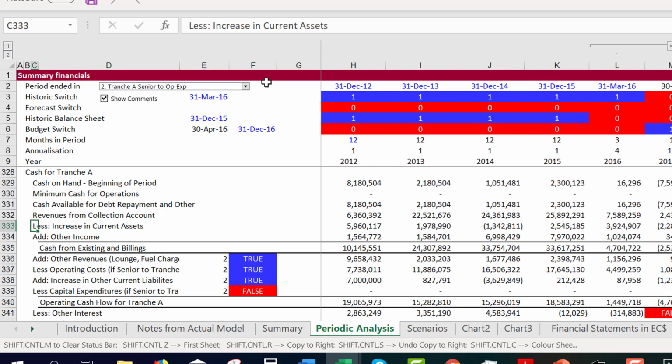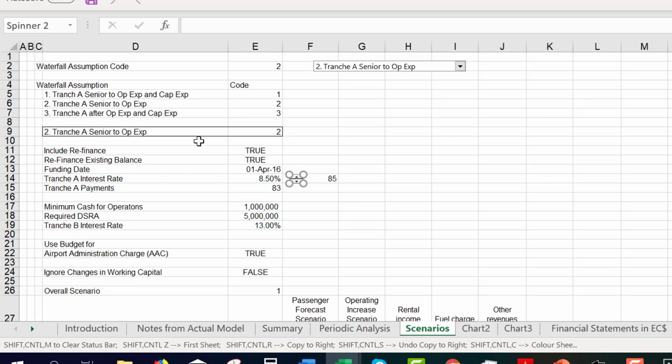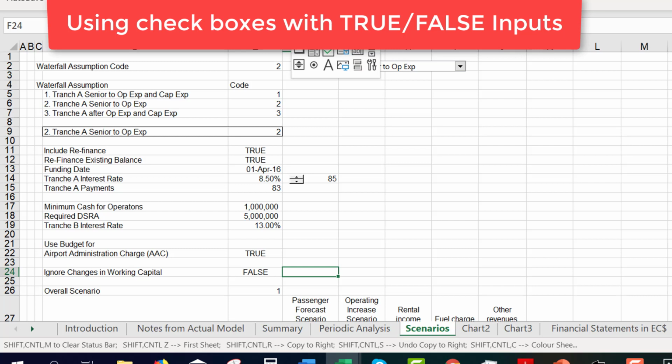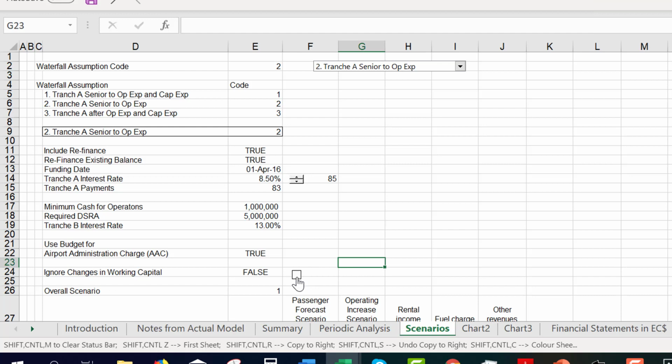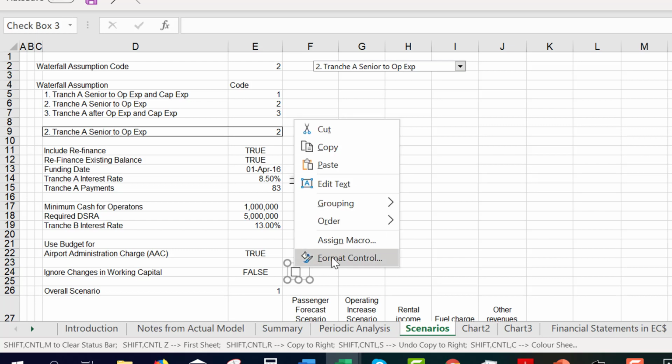Okay, and you could also say, all right, well, I don't really care about that. I'm going to turn it off. So I made a little bit of a true false that says ignore changes in working capital. So if we put this as true, we can say, let's not worry too much about those accounts receivable and accounts payable and all that stuff. And let's just, when we get a true and false variable, and let's put